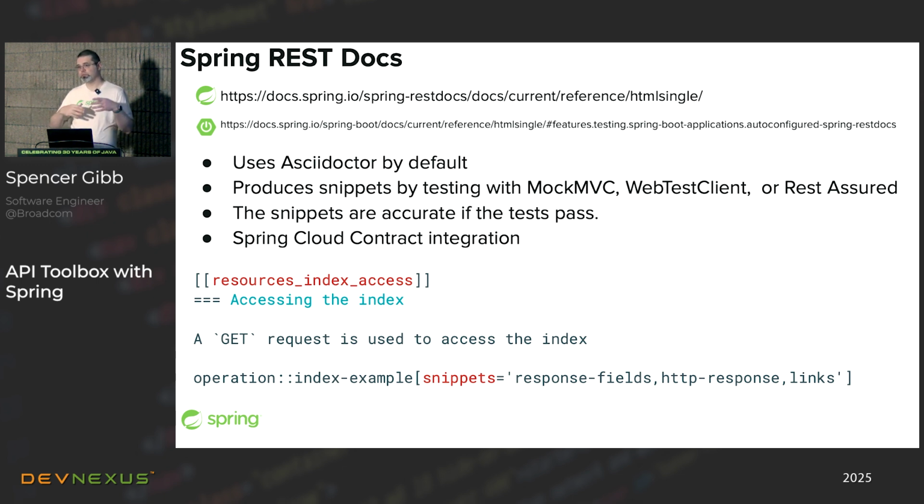This is handwritten documentation that imports snippets that you would define in your tests. So the idea is that the code you show in your documentation was actually compiled and run and verified, and then it gets included here in these little bits. Okay, Spring REST docs,